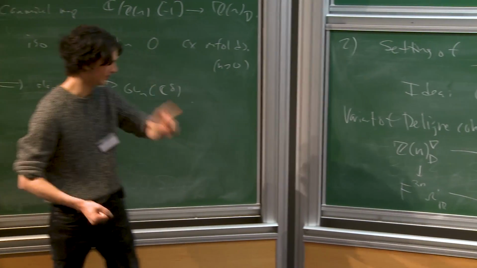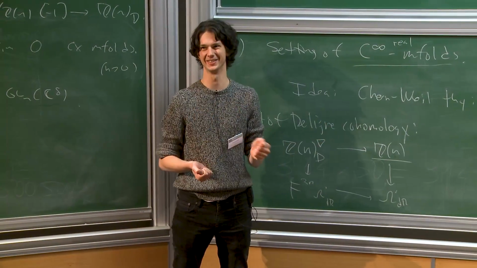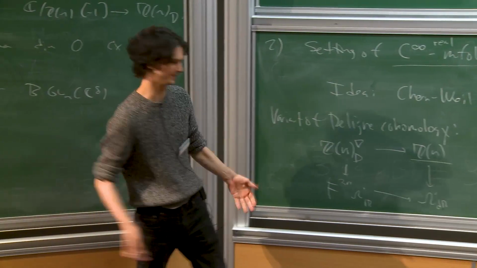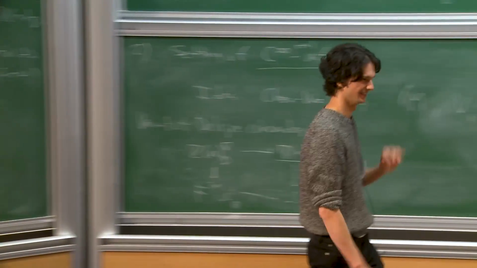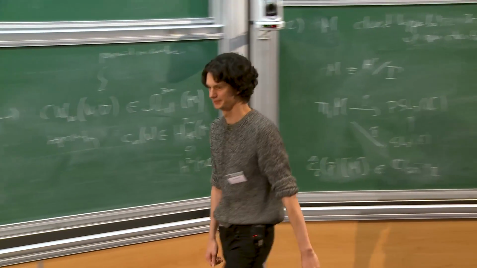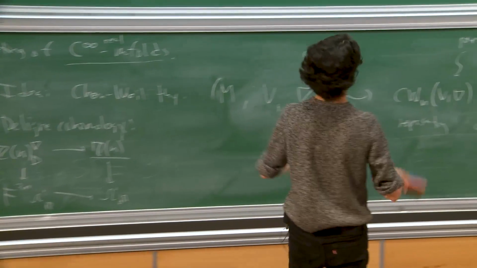And I say no, because I put 2 pi i to the n here and not 2 pi i to the 2n. So I think this is better. I think it's best not to think of this as Z2n. Okay. Right, and then